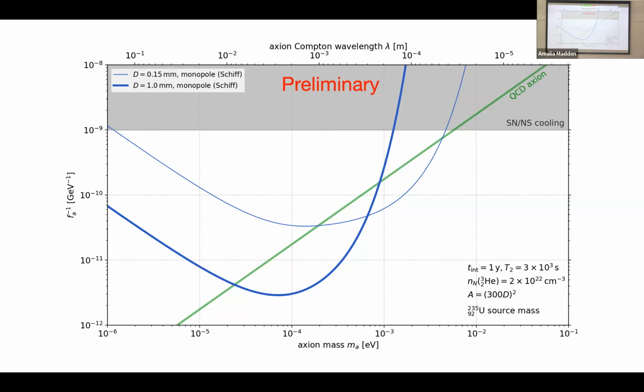Basically, these projection lines peak when you match the separation in your experiment to the range of the force that's set by the axion mass. Sorry, and the coupling with the spin, you take 1 over f_a or the mass? 1 over f_a. And it has to be uranium-235.